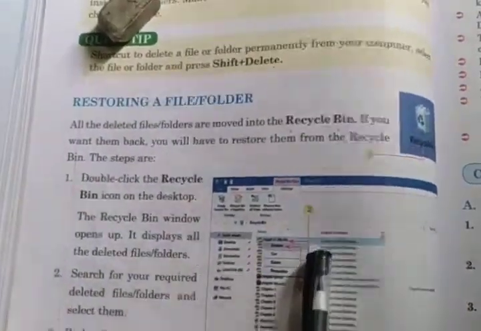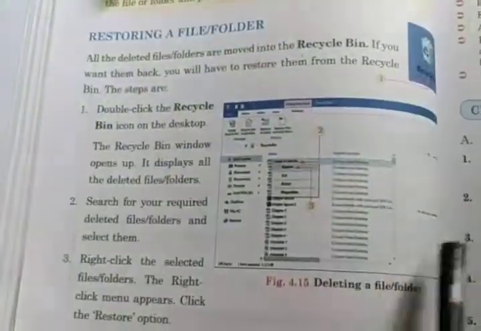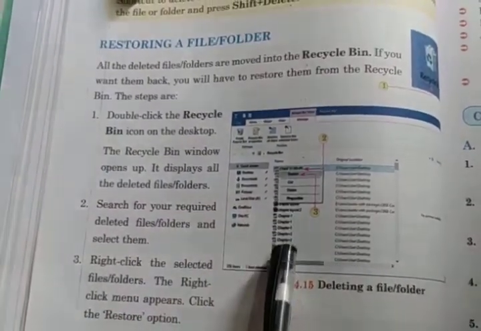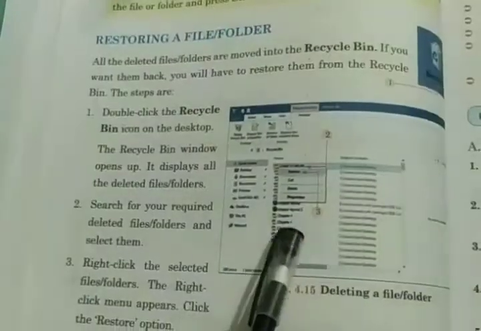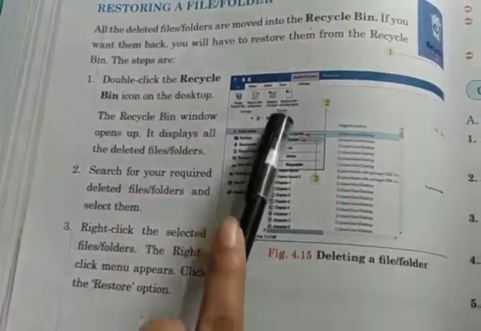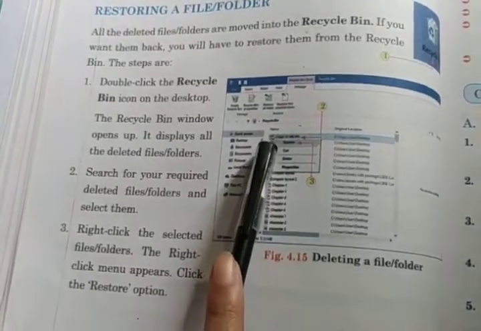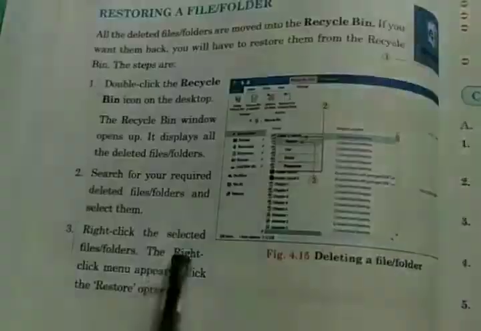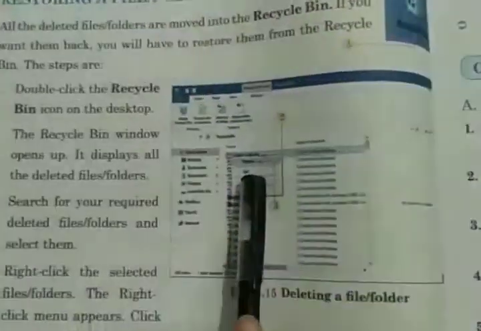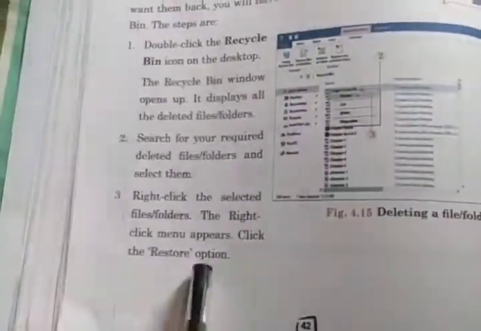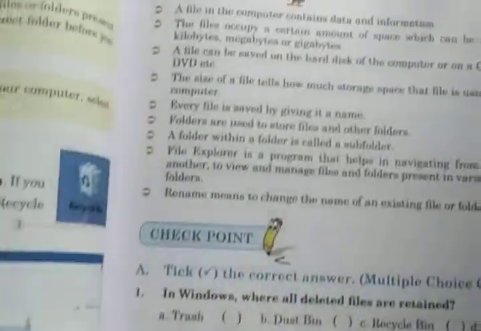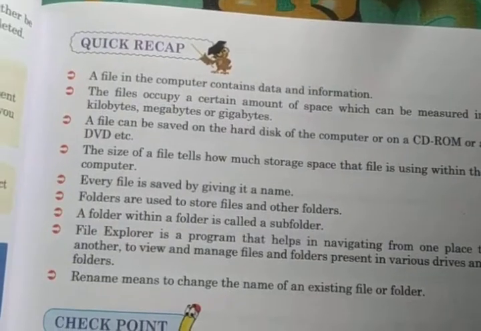Okay, so it will open, it will appear something like this and it will display all the deleted things. Alright, then you will search for the required deleted file that you want. ठीक है, आप select कर लोगे जो भी फाइल आपको वापस चाहिए and then you will right click, जो भी फाइल आपने सेलेक्ट किया है उस पर आप अपना पॉइंटर रख के राइट क्लिक करोगे, ओके, and then the right click menu will appear and then you will click on restore. You can see here restore, so you will click on that and it will get restored. All right, the deleted file will get back into the location where it was originally.